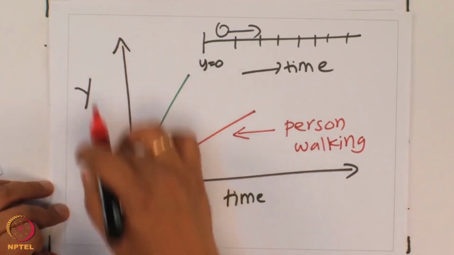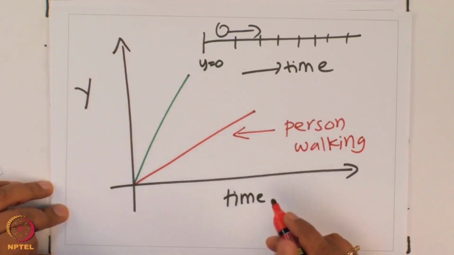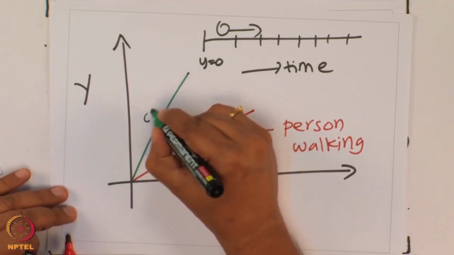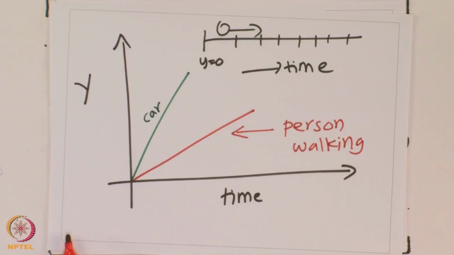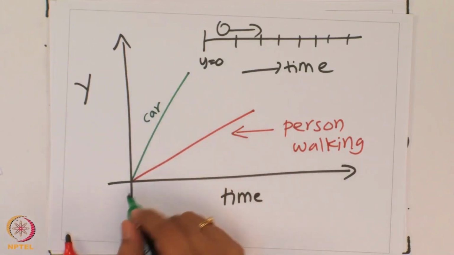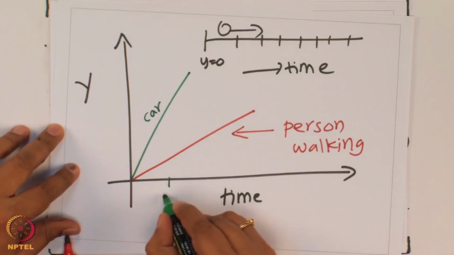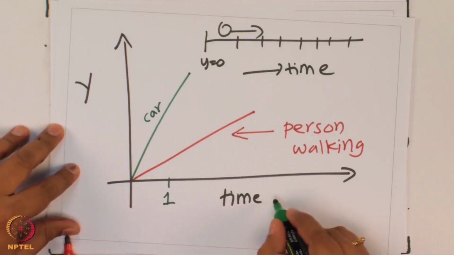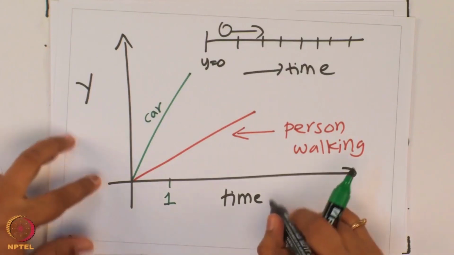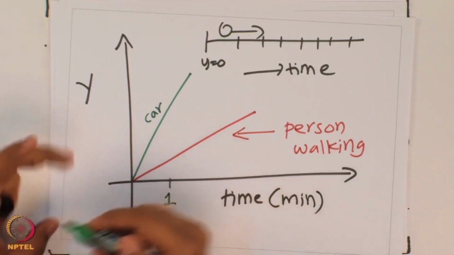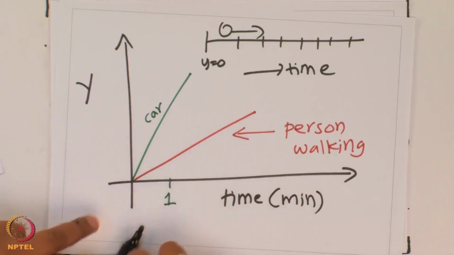And the position of the person in the y-axis as a function of time. And this is a car, or a bicycle, or a motorbike. So what is the difference between this and this? Here, after 1 minute, so let us say this is 1 minute. So this is time in minutes. After 1 minute, if we look at it,